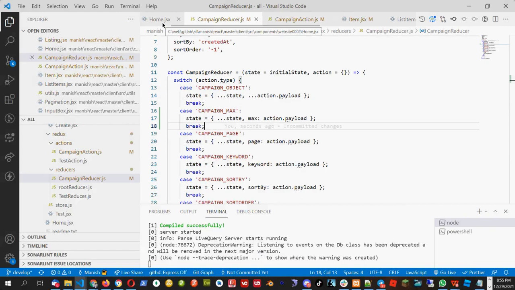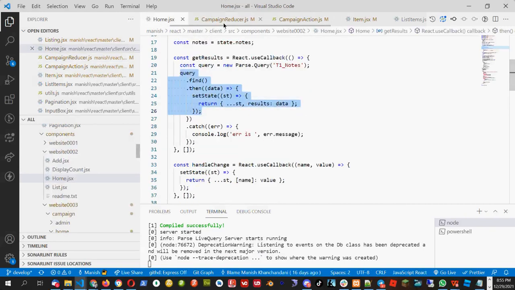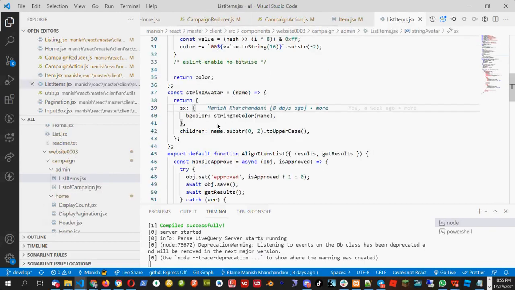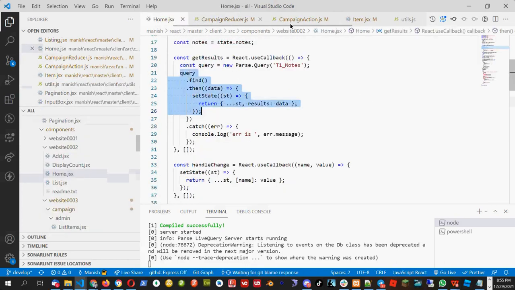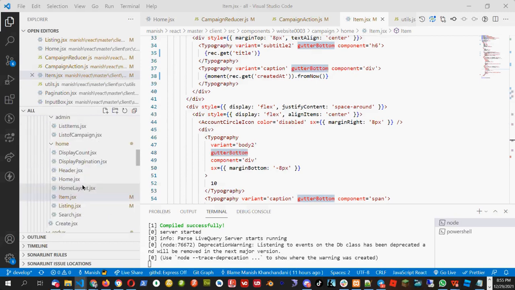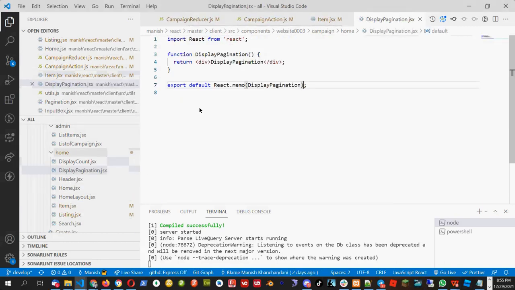Now let's add the pagination first. Let me add the pagination and then we will take care of the max part. Okay, so I have created one component, display pagination.